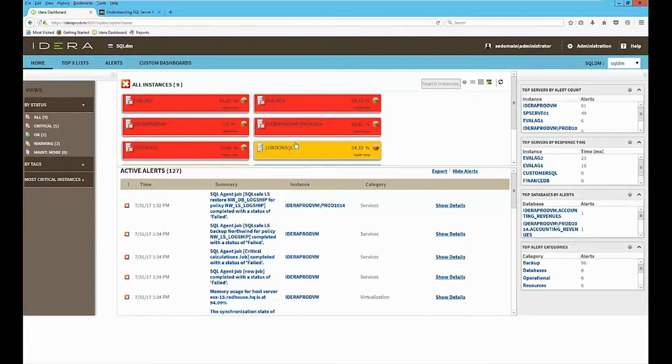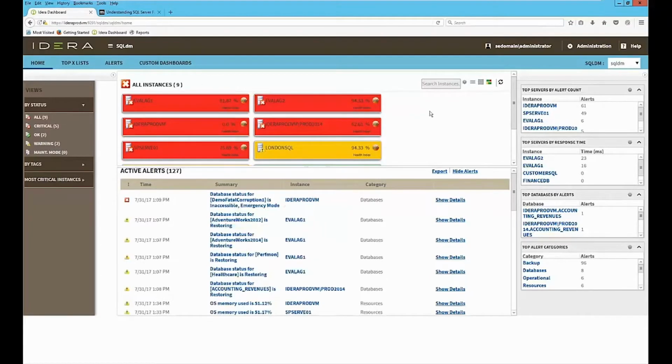The web interface, I don't think we have to beat this one to death because a lot of what we've already seen in the .NET client is available through the web interface, but the web interface is a read-only view. It does not have parallel functionality yet. It doesn't have the same functionality yet, but it's getting there. We're moving it in that direction. But from here, you can drill down into an instance